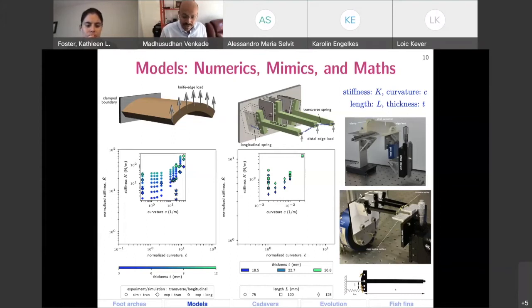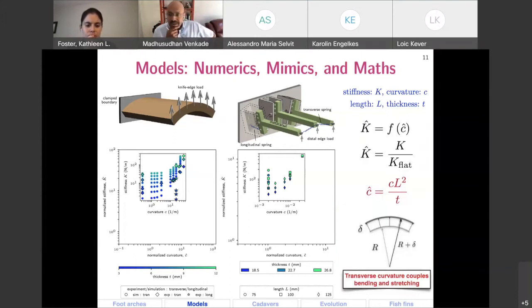So how do we find that normalization? Well, I am going to show you more details, but the underlying intuition is the following. If I look at a curved structure head on, so I look at the curved dollar bill head on and try to displace all its material points normal to its surface, I have to grow its perimeter, which means bending will cause it to stretch, and the amount of stretch depends on the curvature. The more the curvature, the more the stretch. And that is what leads to